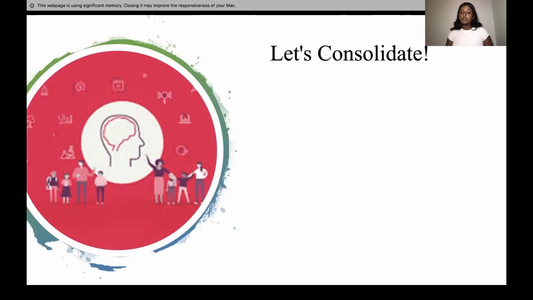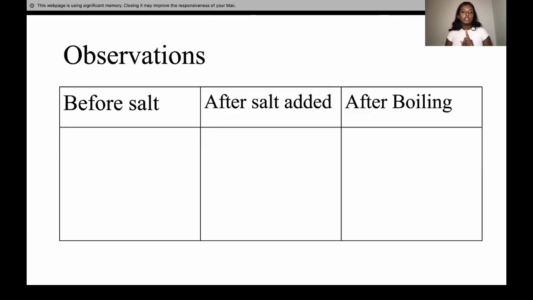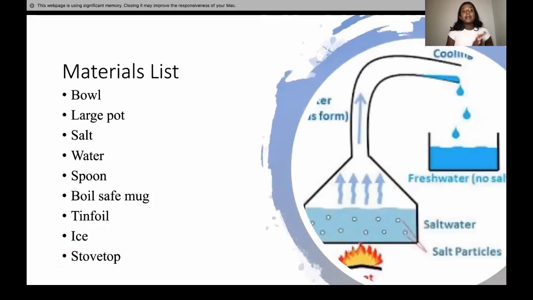But before we do consolidate, I want to go 2 slides back now, okay? So back to the materials list. Essentially, all the materials on here, there's not really much you can change or that you can use if you don't have it sitting at home. Honestly, the large pot, you don't need a pot and bowl. You can actually mix the water and the salt in the actual pot itself. It just needs to not be too mixed, that's all.